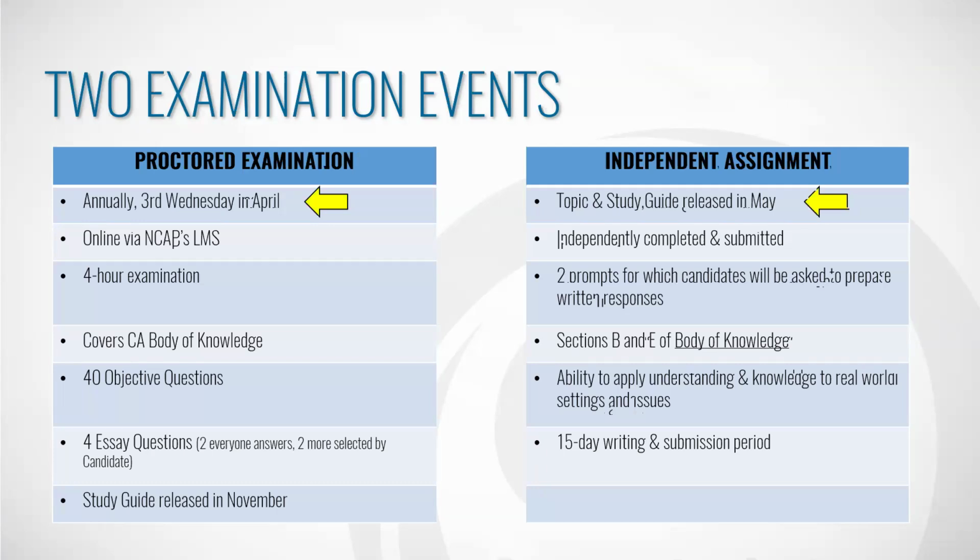You get 2 prompts to write questions about, and each year you will get a topic, and that topic changes from year to year. This part of the examination process examines your understanding of the body of knowledge sections B and E. Section B is the vision and values of community action. And section E, you may remember, is that section on theories of poverty, emerging approaches and strategies for fighting poverty.